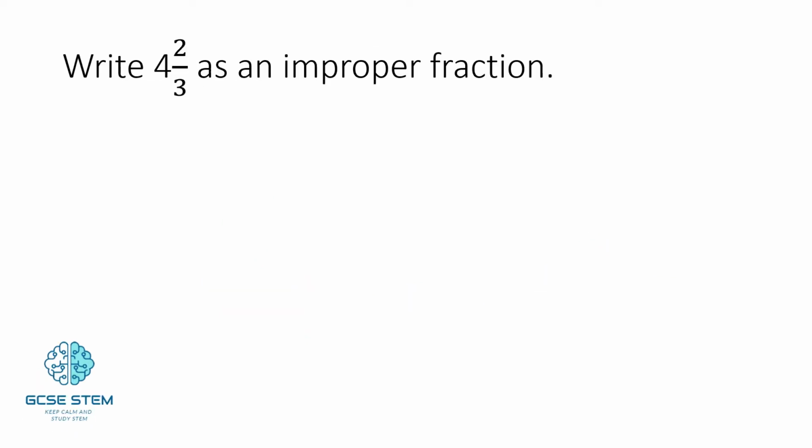Next question. Write 4 wholes and 2/3 as an improper fraction. Well, first of all, the way you would start off changing a mixed number to an improper fraction is you would multiply the whole number by the denominator. So in this case, 4 times 3 would give us 12. So let's just keep that over on this side. Now what we would do is we would add 12 to the numerator. So 4 times 3 would give us 12, and 12 add 2 would give us 14. And now our final answer would be 14 over